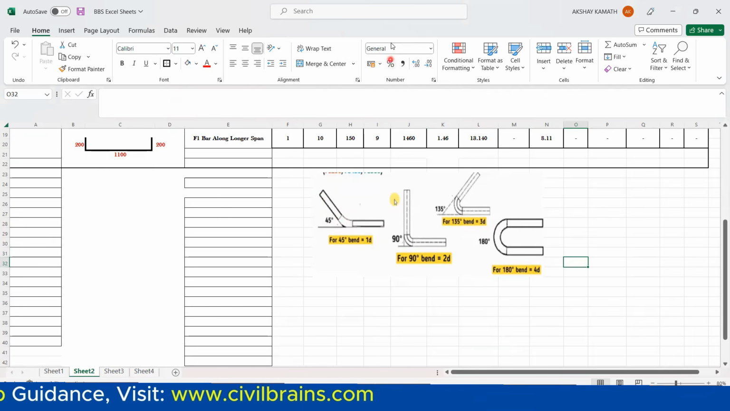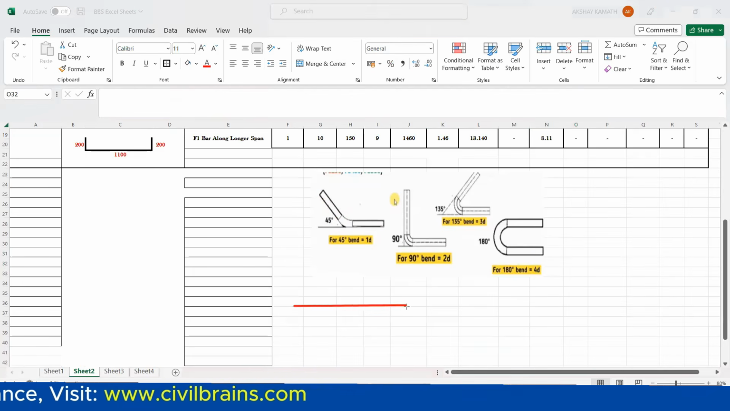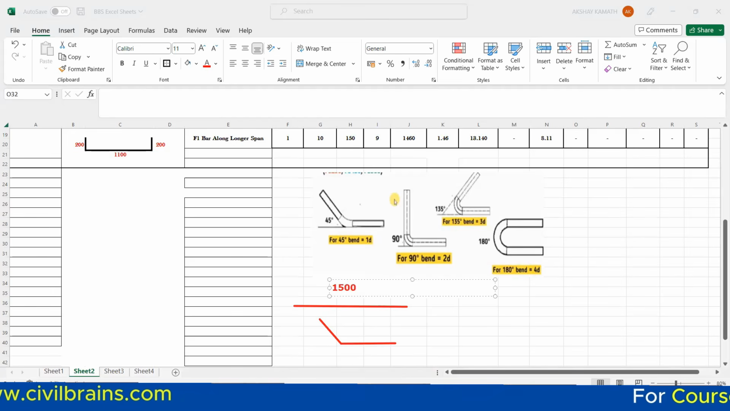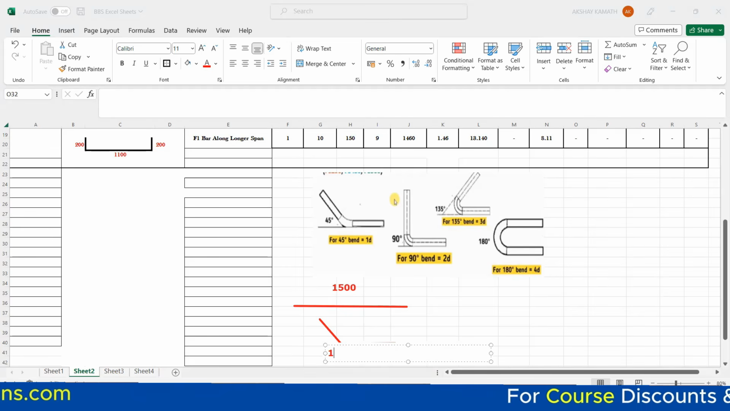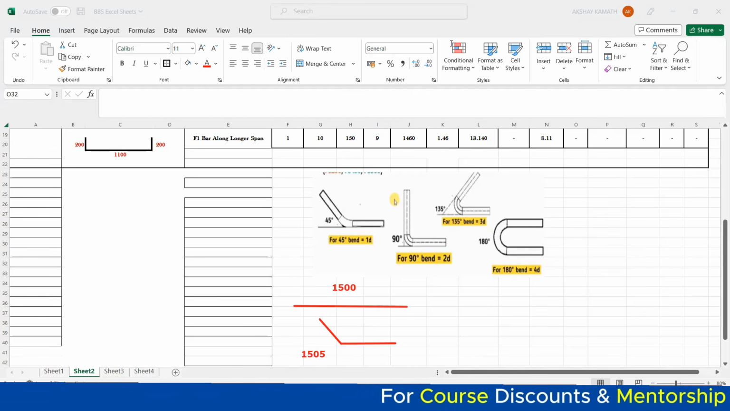For example, if you haven't understood the concept, let us consider that before the bending, this is the length of my bar. And then I have bent my bar at 45 degrees. This is my 45 degree bending. Let us consider the length of the bar was 1500 mm, and when I bent the bar, it came out to be 1505. I'm taking a rough value. Actually, the length of the bar was 1500, but due to bending at 45 degrees,